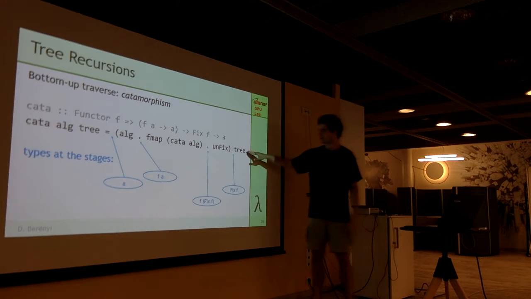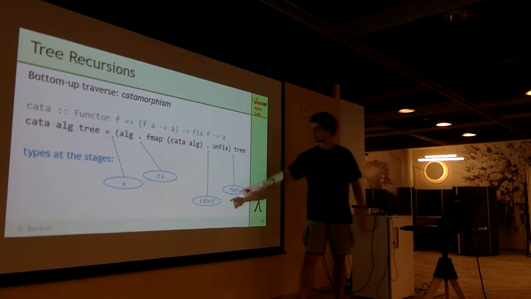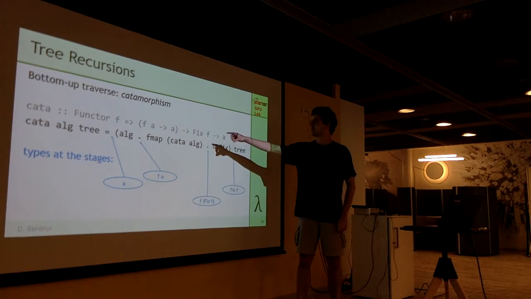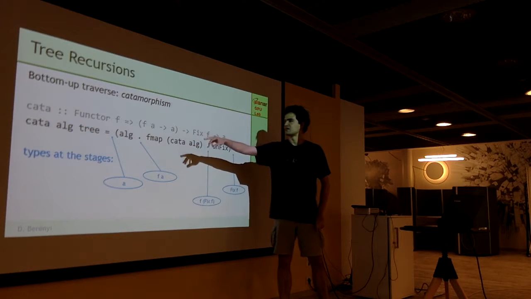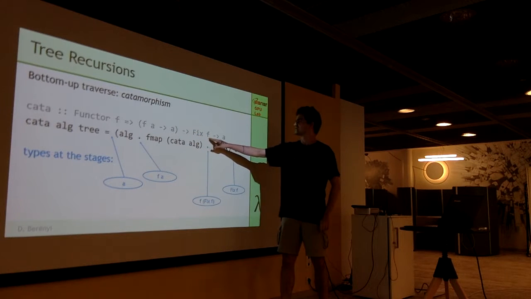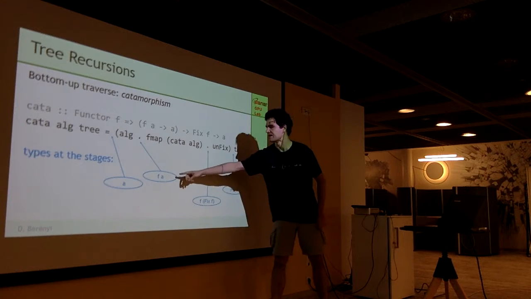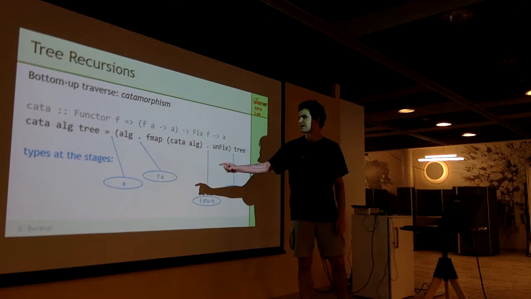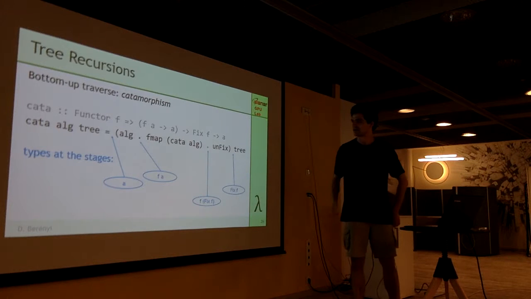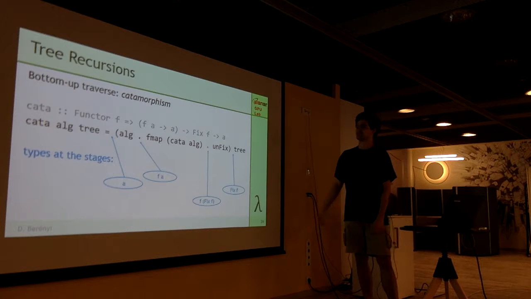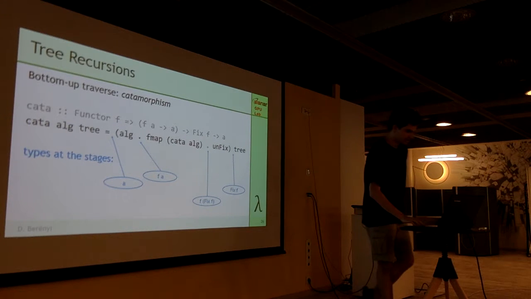Now, it can be a little bit more understandable if you take a look at the types that are involved. Our tree is the fixed functor that we have taken. When we apply unfix, we really just reveal the underlying structure, and then fmap on it. And if you take a look, once we fix what is the logic, the algebra, we just end up with a fix f to a signature. This means that inside the functor we replace fix f with a, and that is the outcome of fmap. And then the algebra will eat away the f from over the A, and A will be the result of one step of this application, and this is repeated again and again.